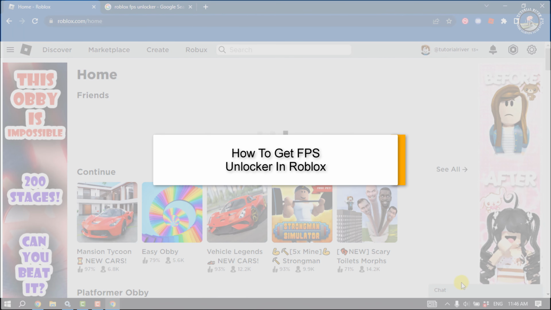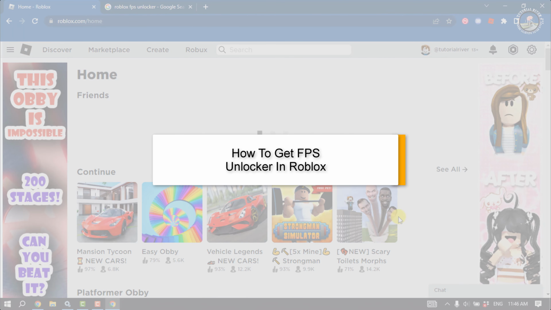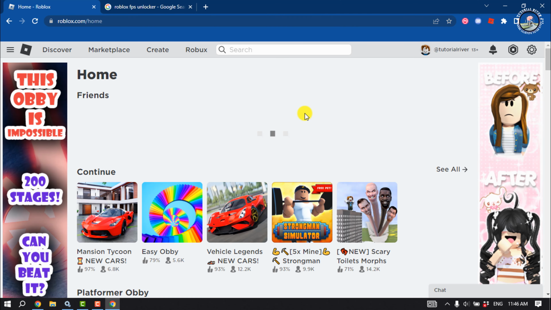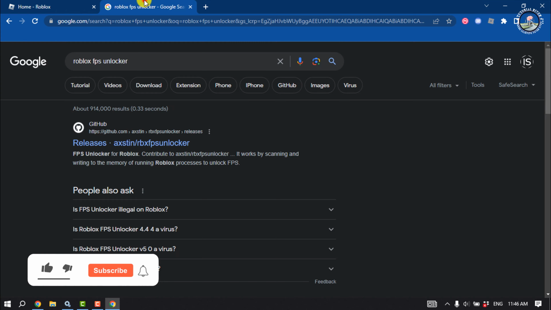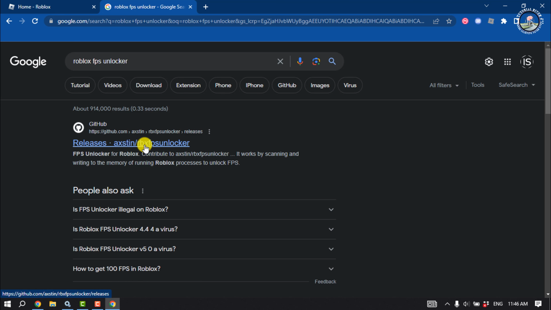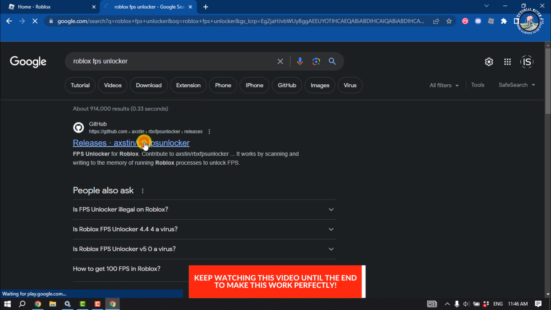This tutorial will guide you on how to get FPS unlocker in Roblox. Open your browser and search for Roblox FPS unlocker and you will get this GitHub link. So open the link,